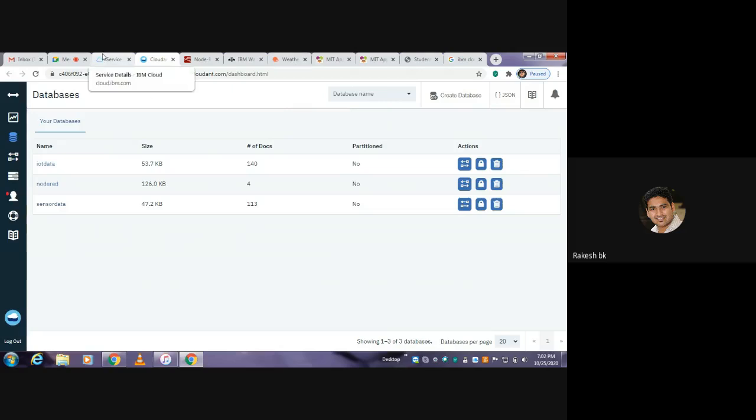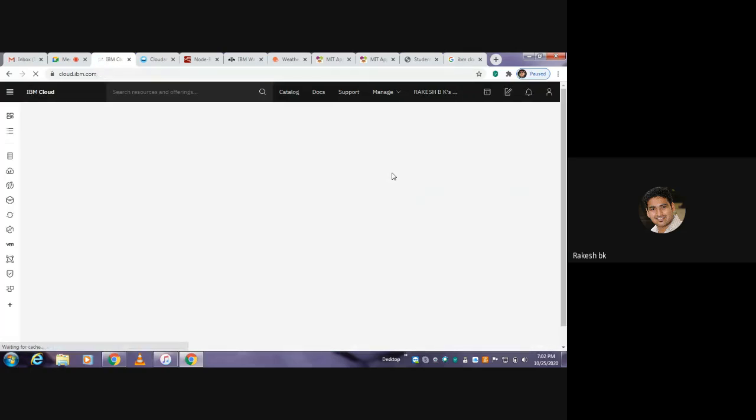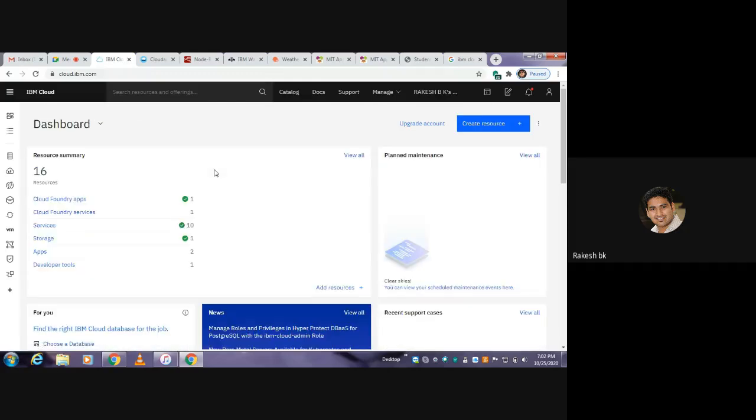So again, you go back to the IBM Cloud dashboard to create one more service called Node-RED app. That is also very important to develop an interface between the deployed sensor data and open weather data, that is real-time weather forecasting, to display on the mobile user interface or the web user interface, and to store the data in the cloud and retrieve it to display on the web and mobile user interface.